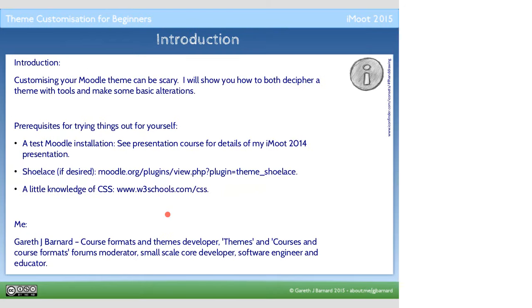Okay, so it can be scary, customizing things. I'm going to show you how you can decipher a theme and make some basic alterations. As I said, you will need,